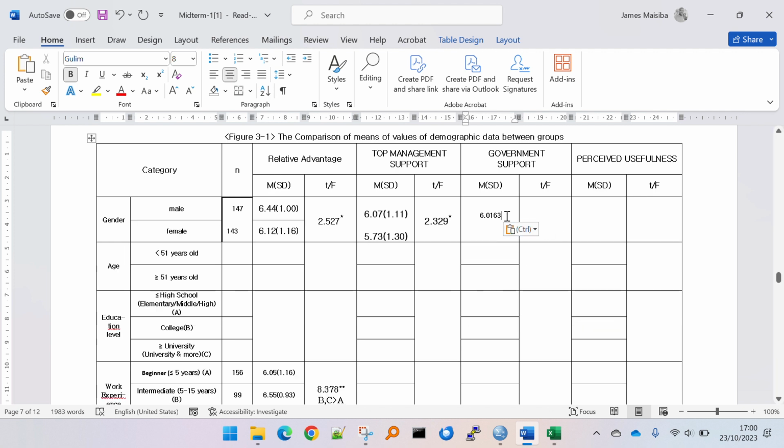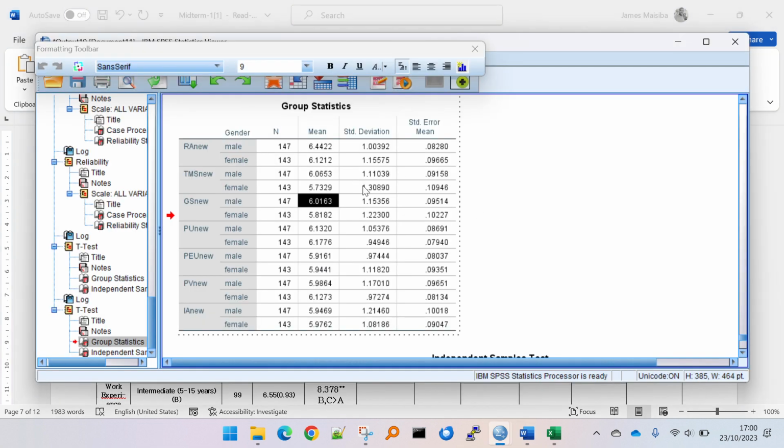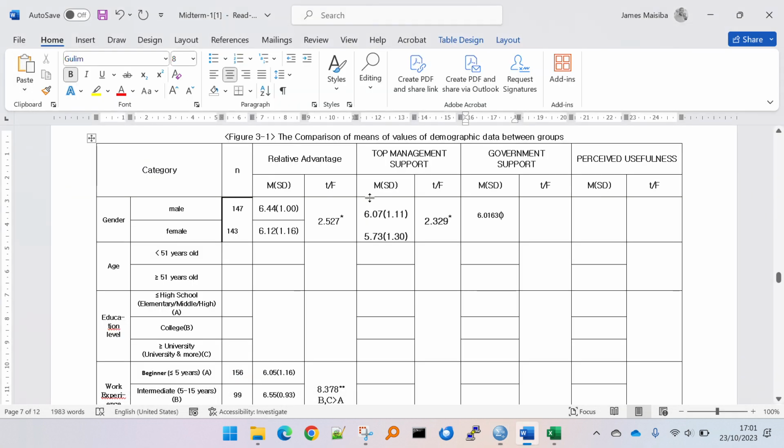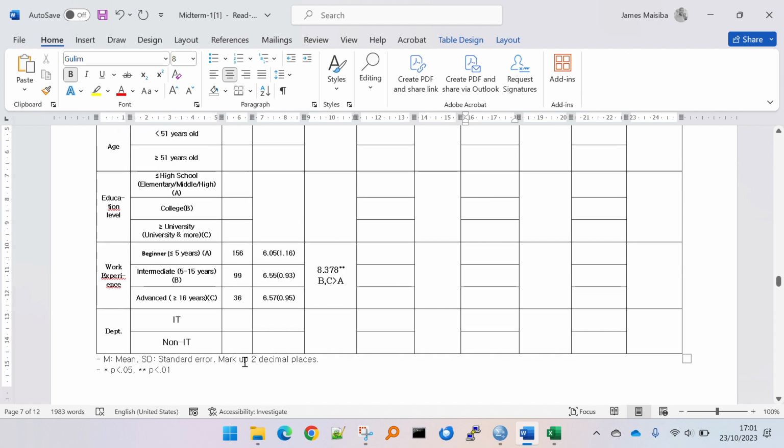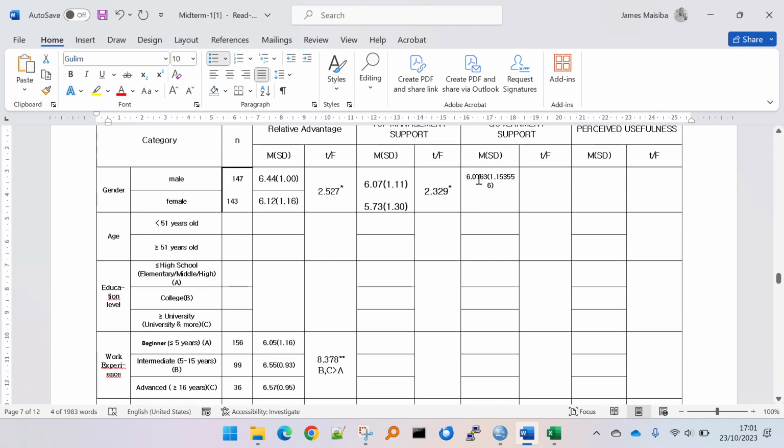Then I'm gonna put the standard deviation inside the bracket. This one. Okay. Mark up to 2 decimals. Mark up 2 decimals. Okay, it's 2 decimals. It's 2. Okay. Like this. And for female,